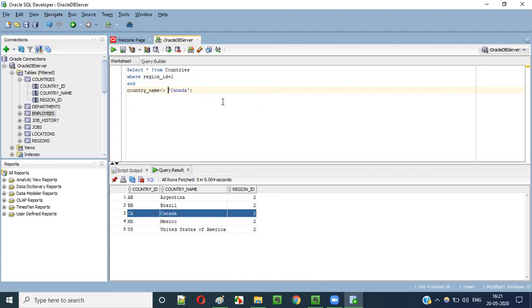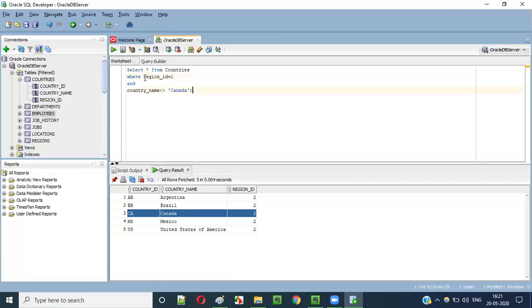Like this we have to say. Okay. So one more thing guys, when you are assigning some numerical value, you don't have to provide single quotes. But when you try to assign text string values, you have to surround them with single quotes. Here Canada is a text format, so this value should be surrounded by single quotes. Here 2 is a numerical format, you don't have to surround this with single quotes.